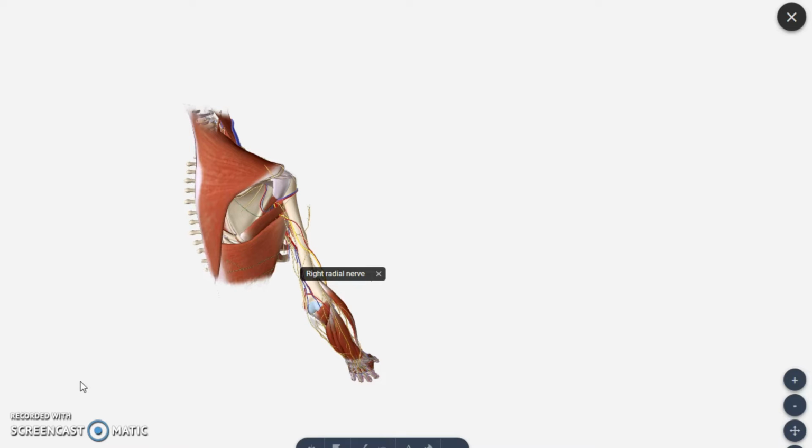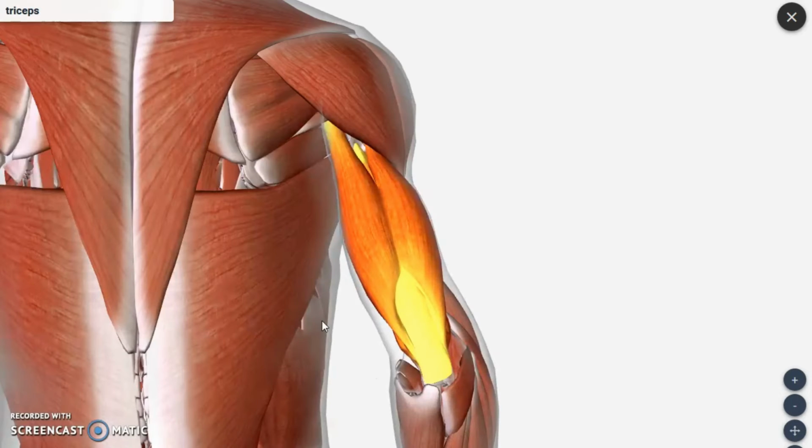Now we will move on to another 3D image showing triceps clearly. In this you can see the triceps muscle clearly. Here you can see three heads. This is the deltoid muscle. The head you are seeing here is the long head. This is the lateral head. Once you remove this lateral head, you can make out this medial head. All these muscles are converging together and getting inserted into the bone present in the forearm region.